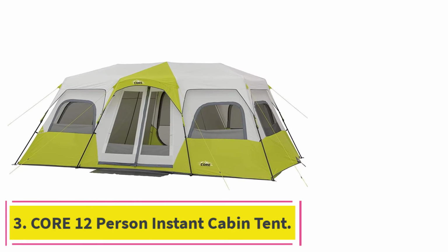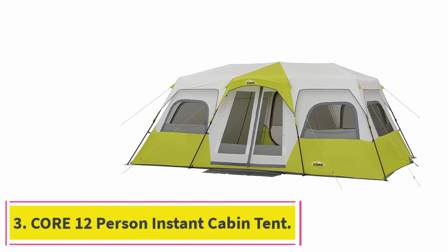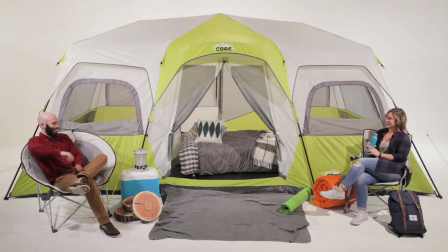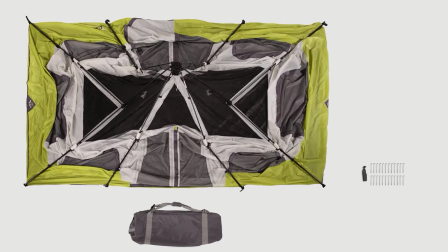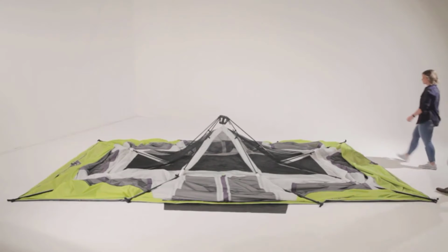At number 3. Core 12-person instant cabin tent. Family road trips to your camping spot can be exhausting, especially with tons of kids. All you want to do is get in the tent and relax as soon as you arrive. You dread setup, so for that, you need a 12-person instant cabin tent. Preferably a 2 or 3 room instant cabin tent, so you can have some privacy while your kids play the